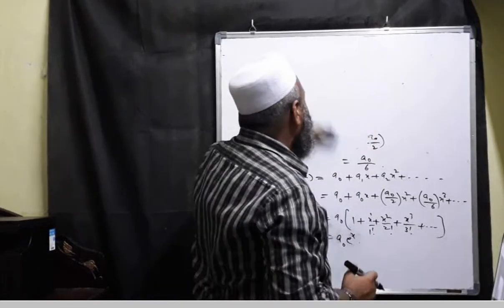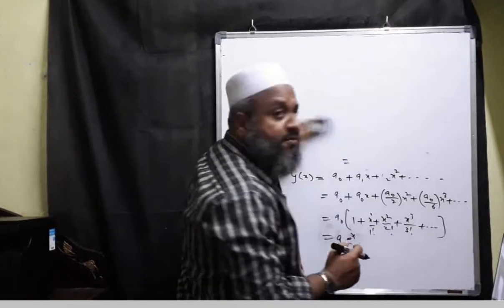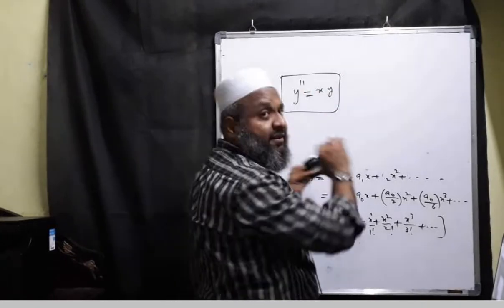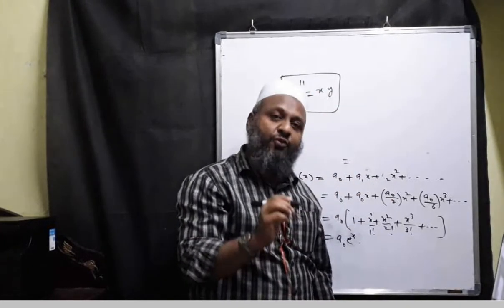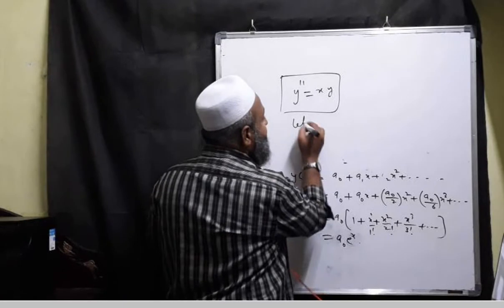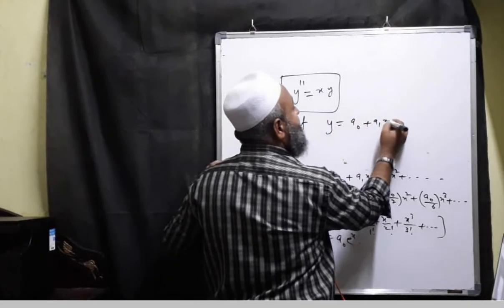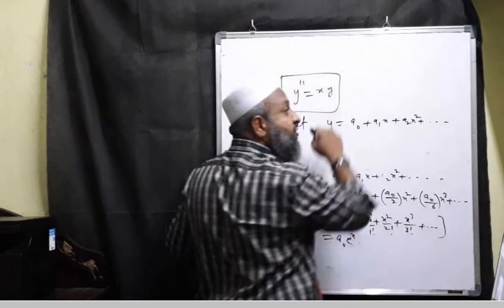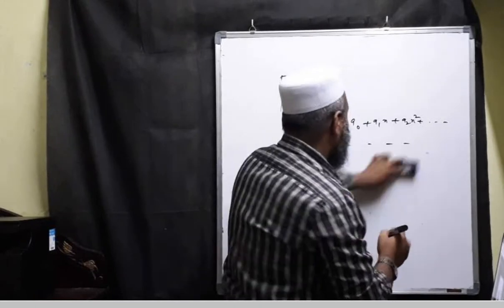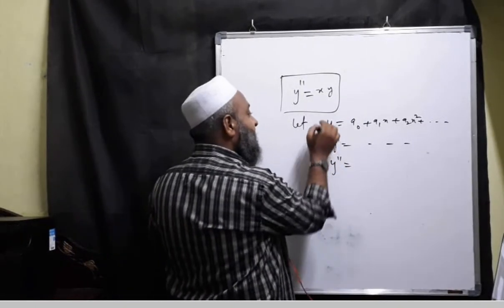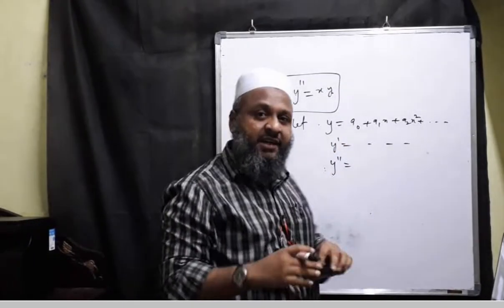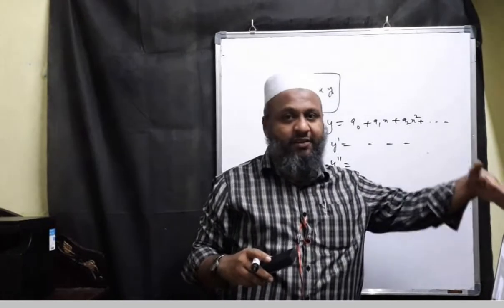Now comes the point: if you apply any method other than the power series method to solve this equation y double dash equal to xy, you don't have a way. You must apply only the power series solution. So we do not know what the solution for this one is. We will assume like this: let y be equal to a0 plus a1x plus a2x square, assuming that we want the solution about x equal to 0. We will get some value for y dash, and some value for y double dash. Substituting y and y double dash here, multiplying x with y, and then simplifying, taking the terms on the left hand side, you will be getting the values of a1, a2, a3, whatever it is, in terms of the previous coefficients.